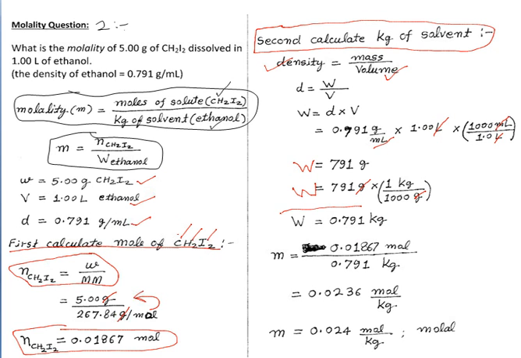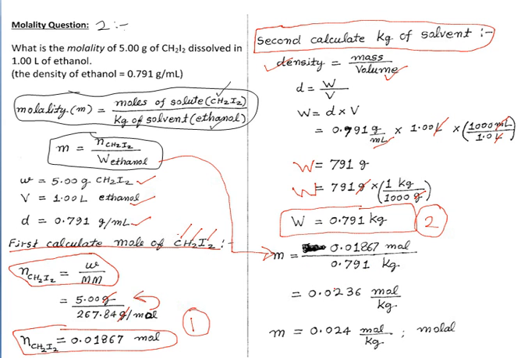And then, this is the second value which we were looking for from the question, and now we have to take these two values. Number one is mole, and number two is mass of solvent in kilogram. So we have to use these two values and put them in the molality formula. So molality is mole of solute, which is 0.01867 mole,